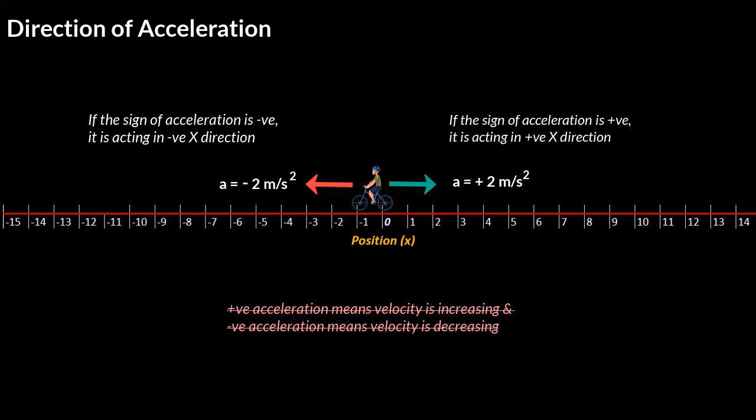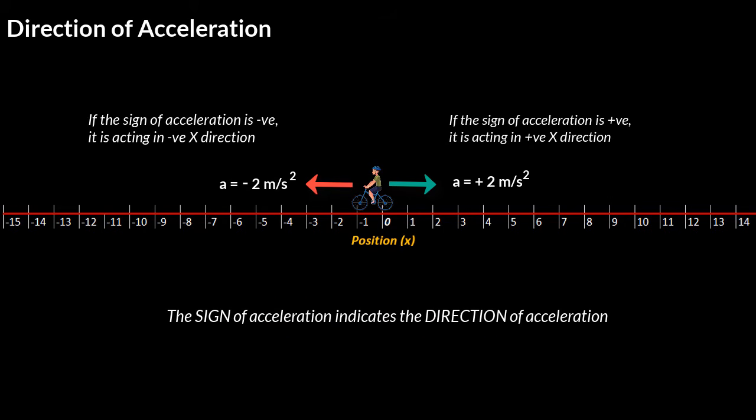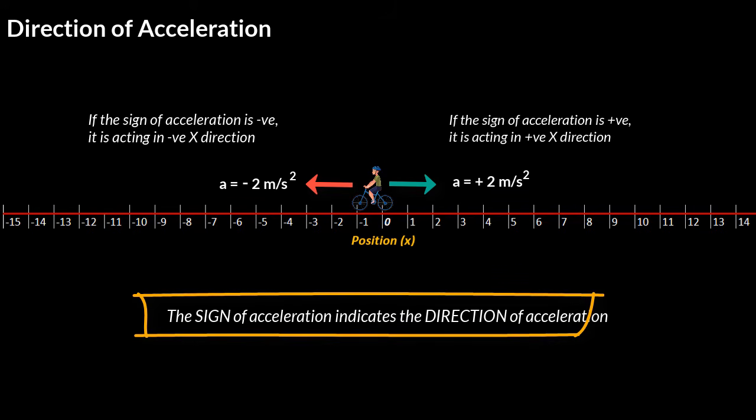and you can pause the video and repeat the words, "This is incorrect." This happens because in everyday conversation, we associate acceleration with increasing velocity or speed. But in physics, this is not the correct way of interpreting the sign. So always remember, the sign of acceleration indicates the direction of acceleration and not whether the object is increasing in